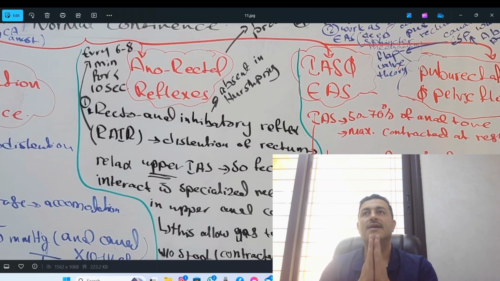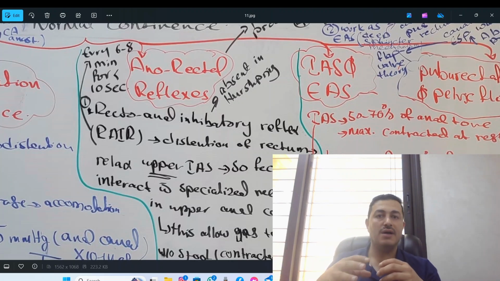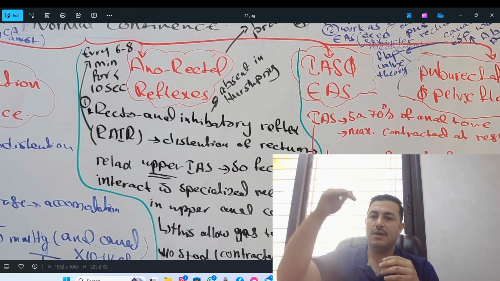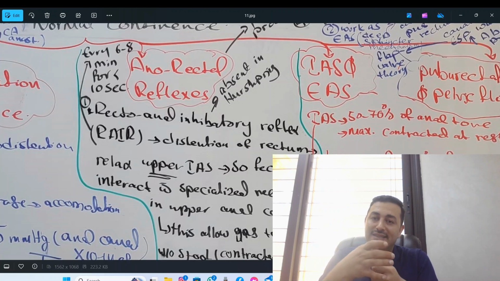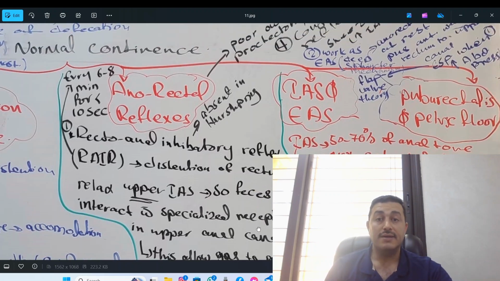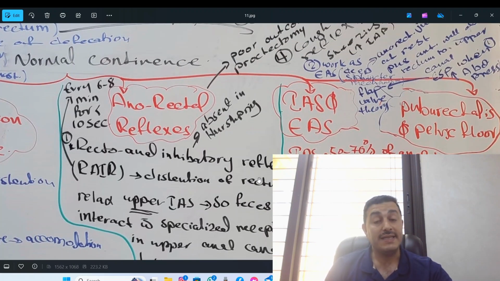Also, the RAIR will allow us to pass gases without passing stool, because the external sphincter is contracted and the internal is relaxed. The RAIR happens every 6 to 8 minutes for less than 10 seconds. It is absent in Hirschsprung disease,